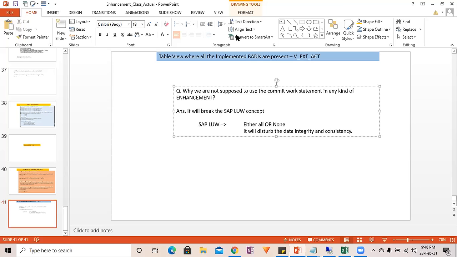Yeah, there is an option. You can call a function module in a separate unit, and if you call the commit over there, then it will work. In one of the projects I have seen somebody do that. You call the update function module, make it be called in a separate unit, and call the commit work, and then it works. Update function module we can do, but that function module you can call in a BAdI, but there's a parameter you can